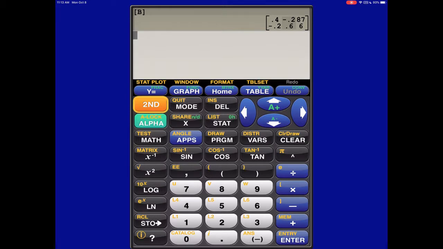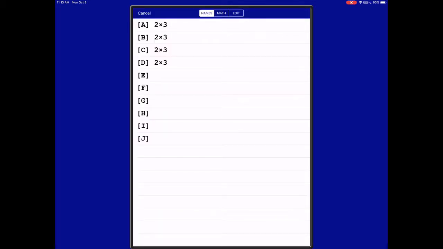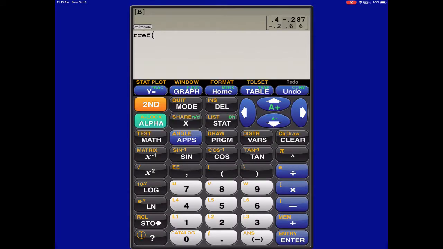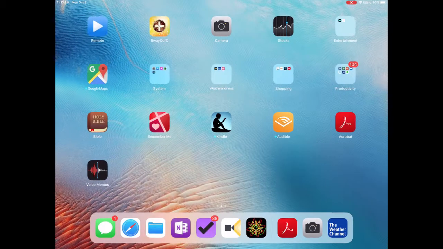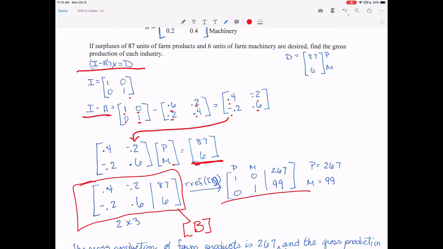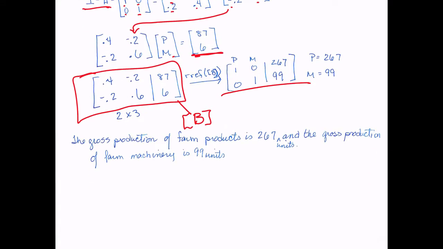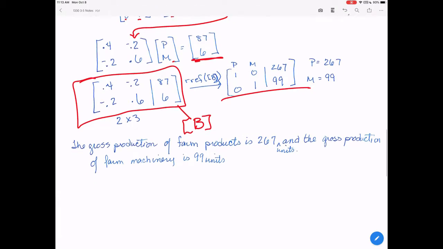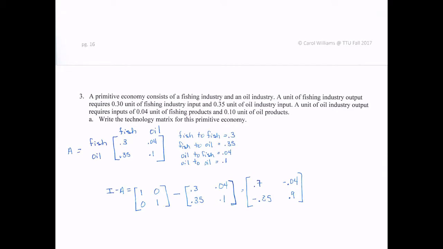All right, so now I'm going to go back into matrix and do math, ref, matrix B, close parentheses, enter. And what I got was this answer. Again, if you write a complete sentence, you get bonus points. You get 1 point bonus. All right, now if I go and do the next one. All right, so now let's jump back up to